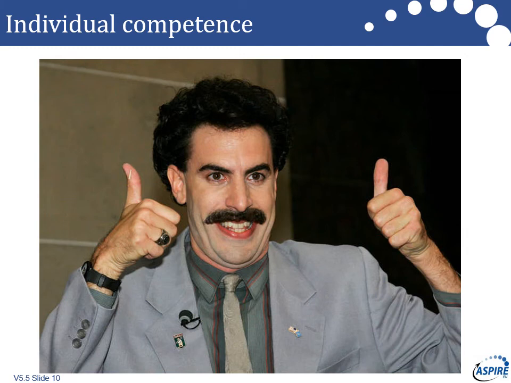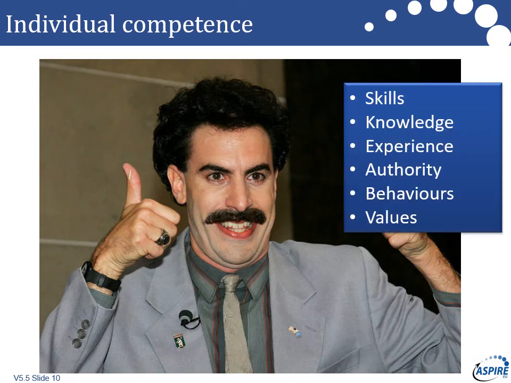Now we're getting better at producing competency frameworks for program and project managers, but the whole roles around sponsors, SROs and those kind of people are missing. And we just don't give this enough thought. So thinking about what we need to put in place, we need to make sure that when we make somebody responsible or accountable, or we give them the job of assembling or approving, we need to know they've got the right skills, the right knowledge, the right experience, the right authority, the right behaviors and the right values to actually be able to do that role.